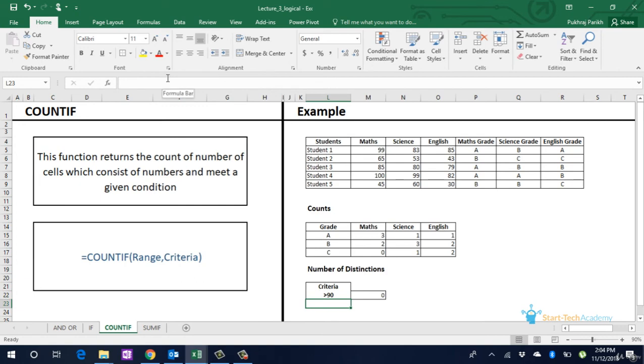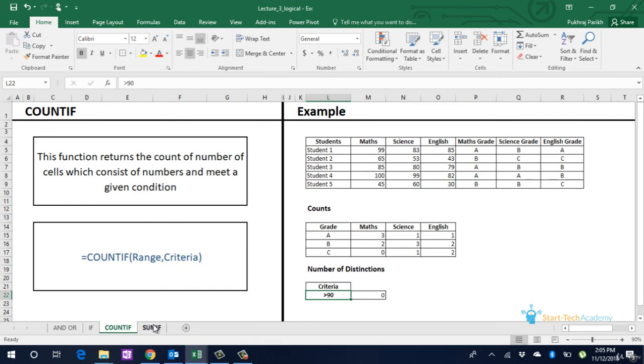We can see that no student has scored more than 90 marks in all the 3 subjects. However, COUNTIFS only gives us the count. It does not tell you which student has actually passed with distinction, which we found out earlier using the if statement.